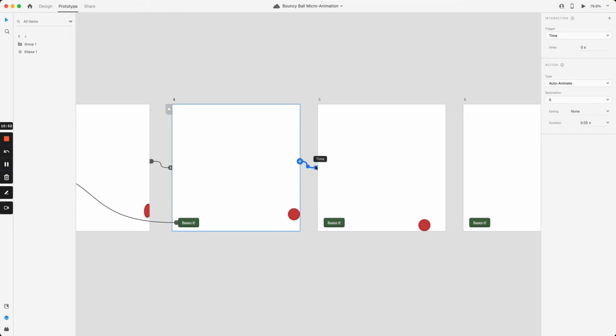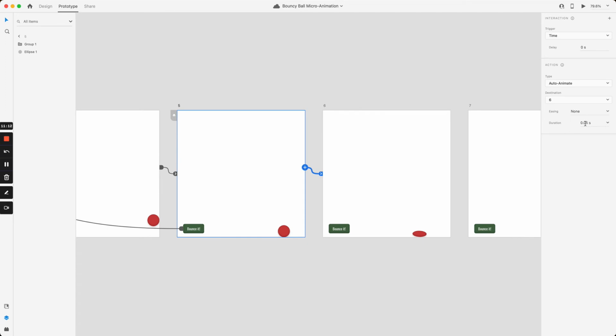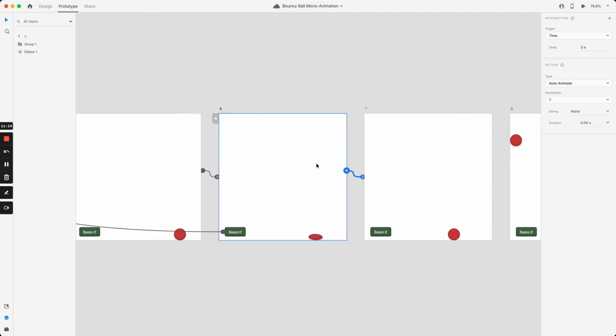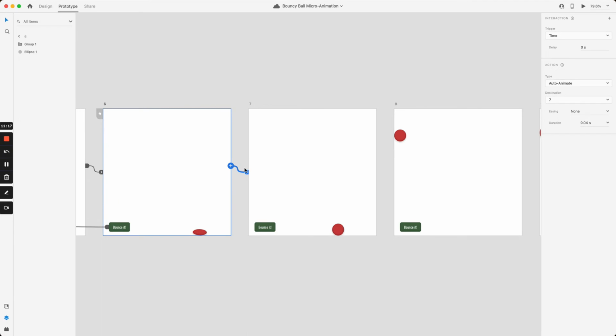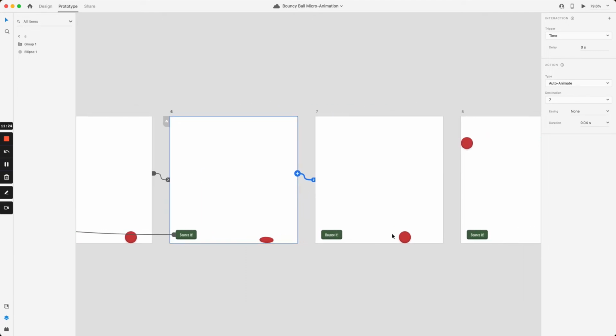And then from here, it's still pretty fast, since the ball has picked up some speed. If we think about this from a physics standpoint, how it would actually look when you throw a ball, it's sped up a little bit more. So it hit the wall, it bounced off, and now we're going to bounce off this wall and down to this bottom corner. It looks like I carried over that same speed, 0.04 between all of these triggers, and I have 0.05 here to squish down to this,